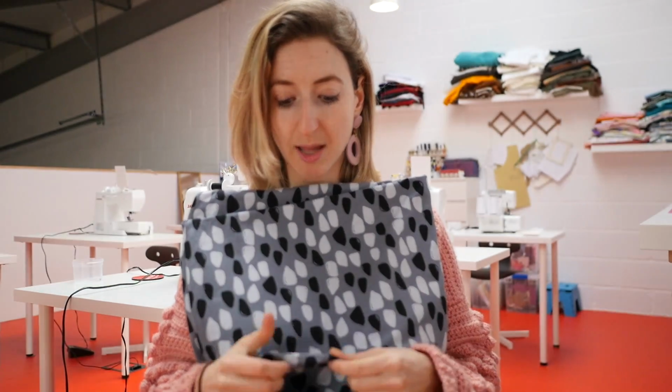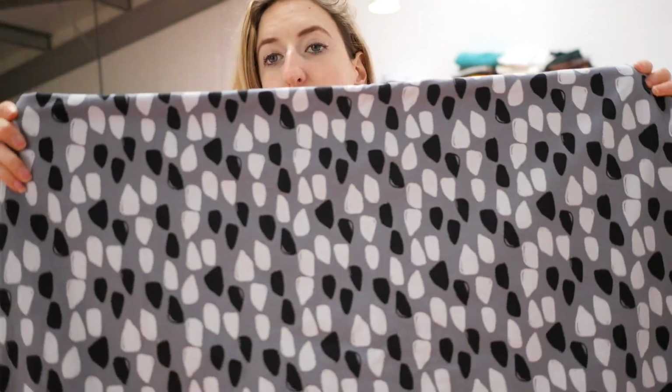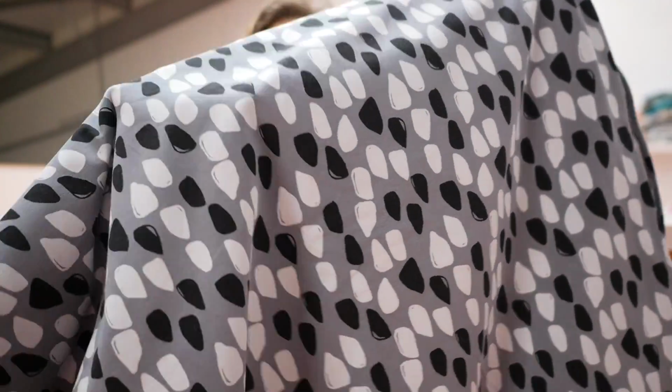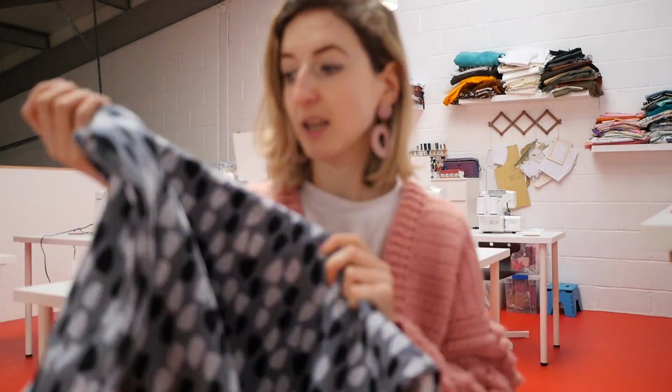I think this fabric was called Pebbles, and it's a jersey. I think it's a polyester jersey. Yes, polyester jersey. It's really nice, not overly super soft, but I have pre-washed it as well. But I just loved this really cool pebbly pattern on it. It's grey, white and black, so quite a good monochrome colour, and I am planning, I don't know when I'm